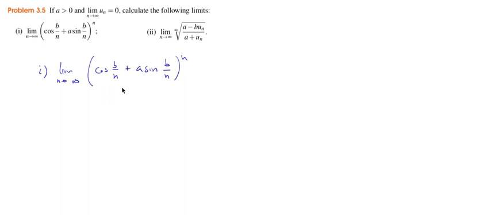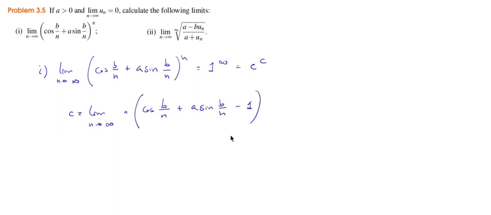Now if you think about it, when n goes to infinity, b over n is going to 0, so the cosine of 0 is 1, and then the sine of 0 is going to be 0, so the base is going to be 1, and the exponent is going to infinity, so this is a classical 1 to the infinity indetermination, and this is exactly equal to e to the c, where c is the limit when n goes to infinity of n, the exponent, times this plus this